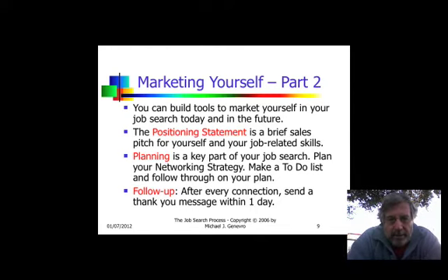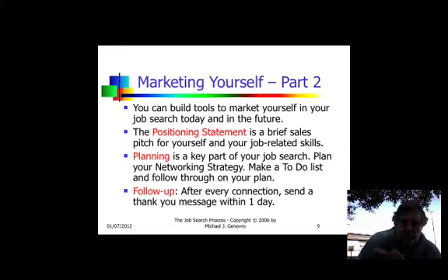Now, the second part of marketing yourself. There are some other tools that can be helpful in this process. One is a positioning statement, sometimes called an elevator pitch. This is like a sales brief. In a very short period of time, 30 to 60 seconds, you introduce yourself,